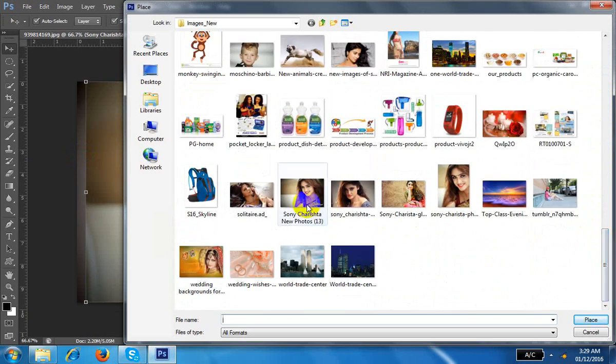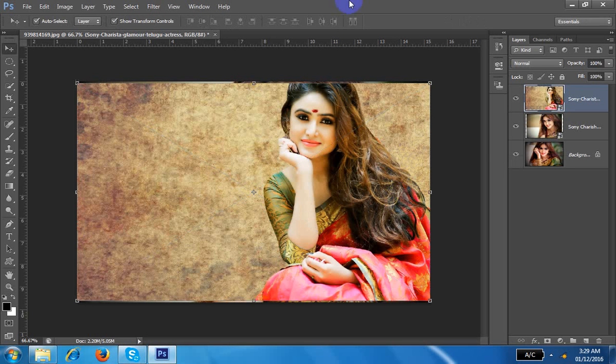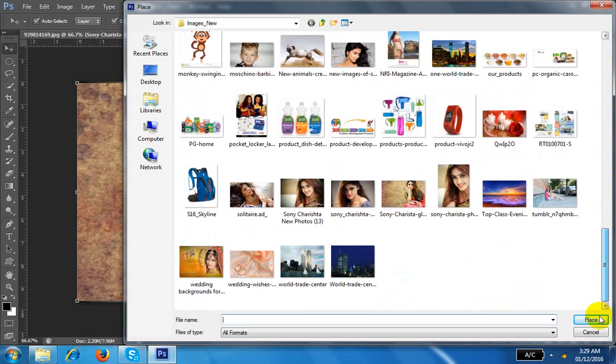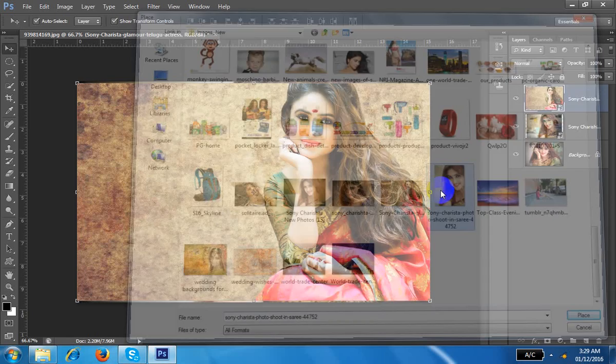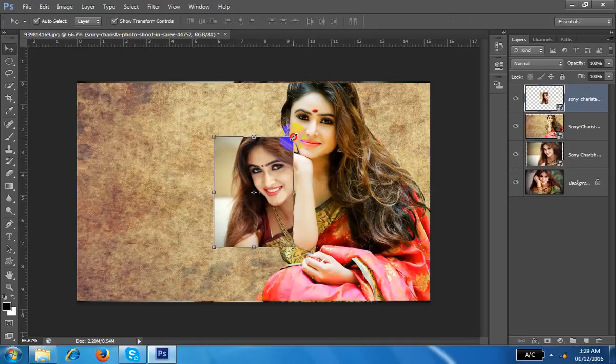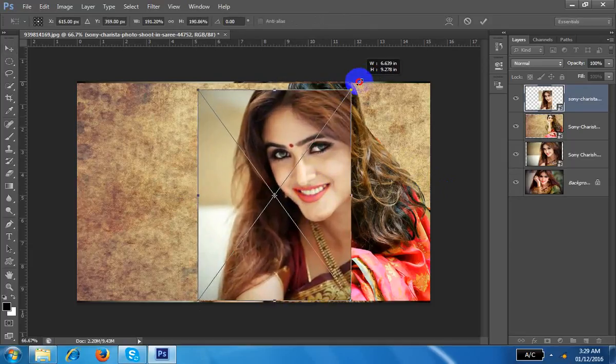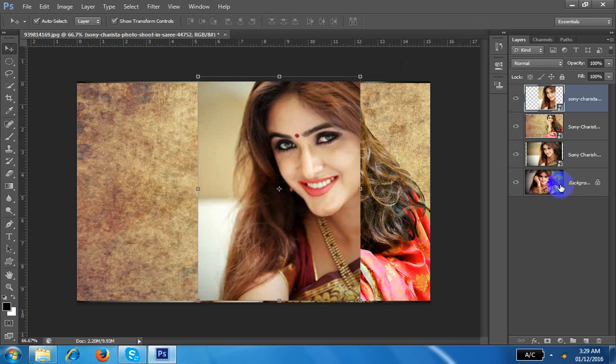I want to make a different folder for this. This is the same actress. I can make a folder for this. Two days before I collected this photograph from the internet. It's looking beautiful, so I collected all the images to teach you this software and make it a little bit good. Here there is no need of all this. So these 4 images are there.